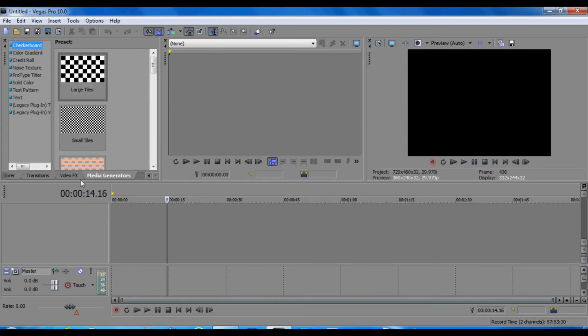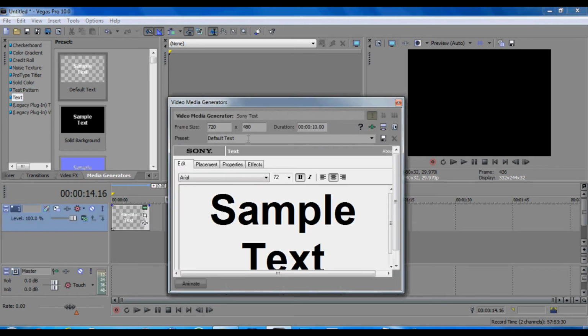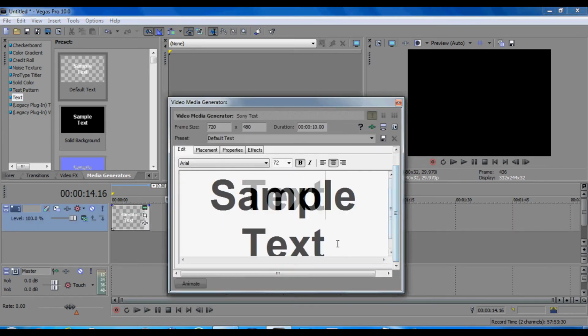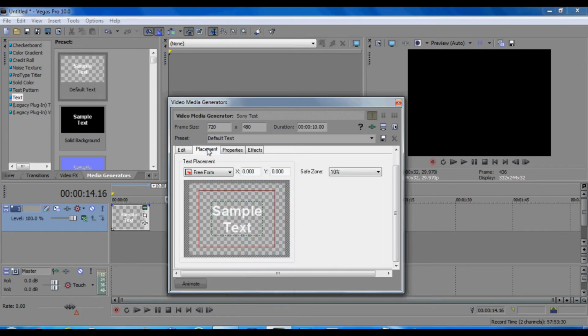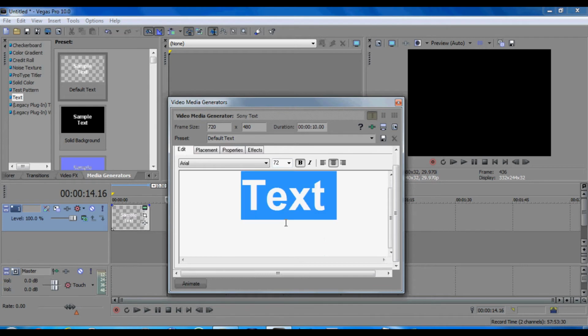Now comes part of the video where I show you how to put a black text box into the start and front of your video. All you have to do is go down to the Media Generator tab on the top left box and select Text. Click and drag it into the bottom box. Then you get to choose what type of words you want to put inside, what font, and what size. It's pretty basic from then on, and even allows you to choose and position where you want your font and words to be. For example,